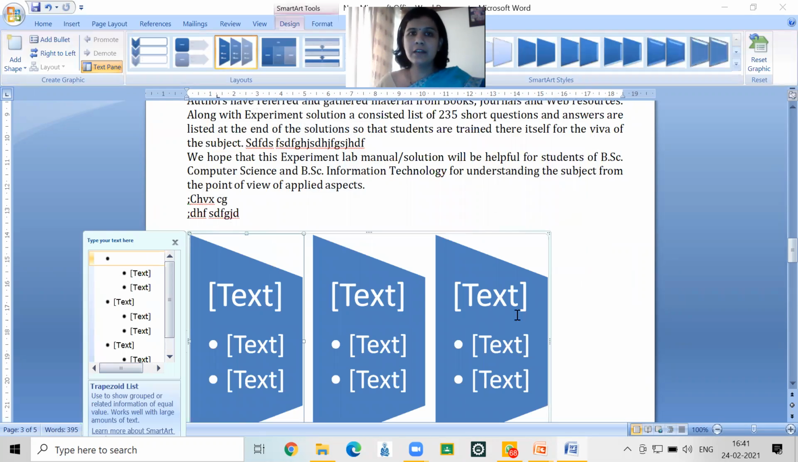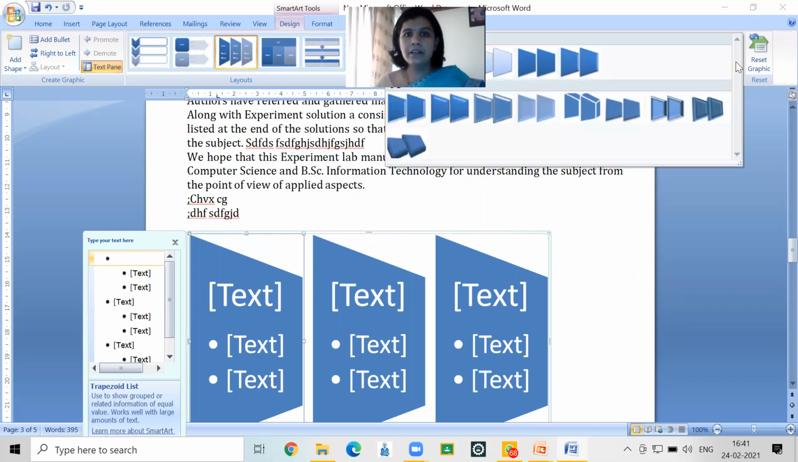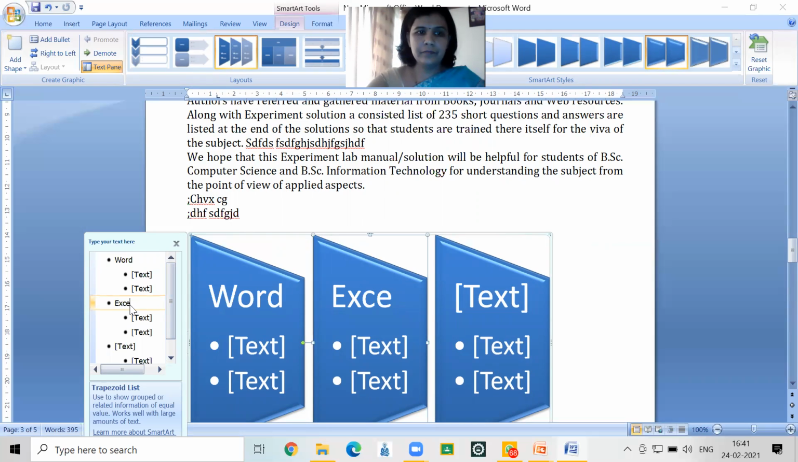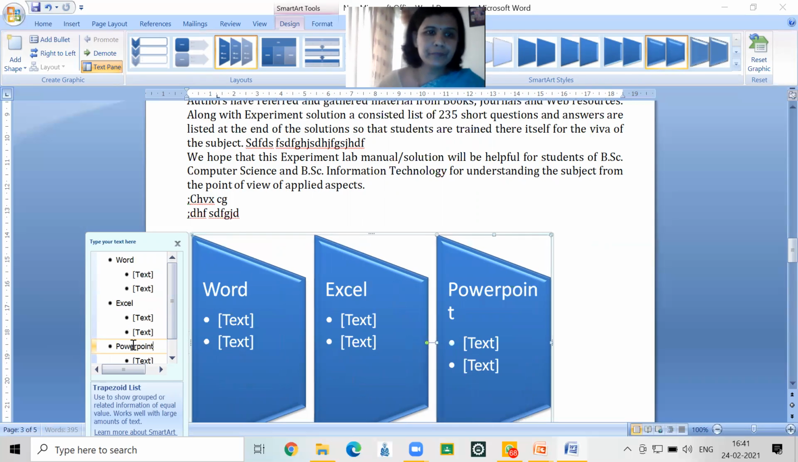So you can see a blue colored three column layout is available in that. I don't want this type of thing. I want this type. So the look changes. And just by putting Word, Excel, PowerPoint,